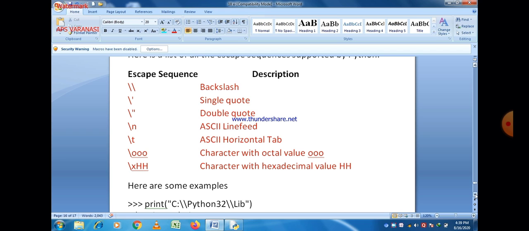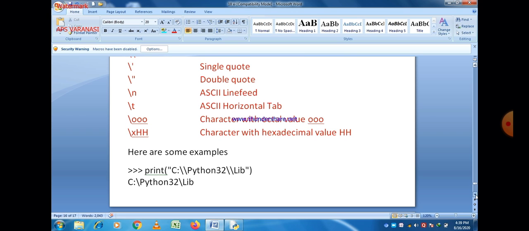Slash t gives a tab space, and next is the representation for octal values, and then \xHH represents a hexadecimal value. These are the different escape sequences of Python.